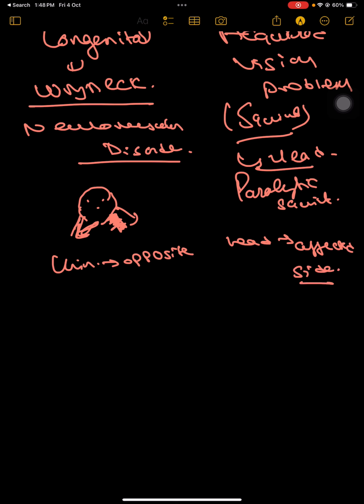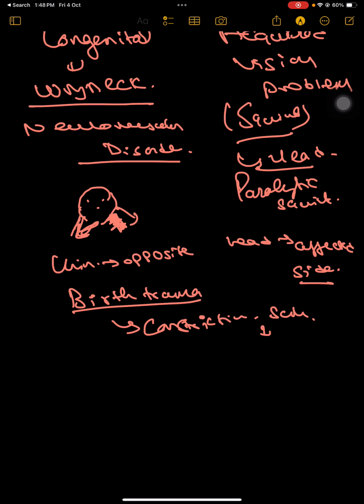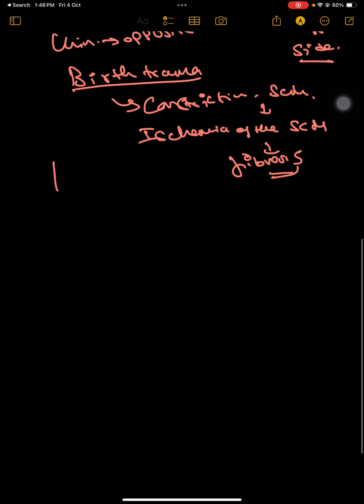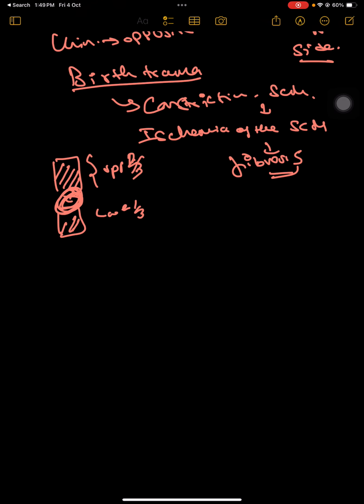Okay, so this is usually due to birth trauma. So what happens during birth trauma? Due to sudden constriction of the muscle supplying the sternocleidomastoid, there will be ischemia of the sternocleidomastoid, and that will basically lead to fibrosis. Now that fibrosis is more common at the junction of the upper two-third and lower one-third. At this particular junction, the fibrosis is most prominent,